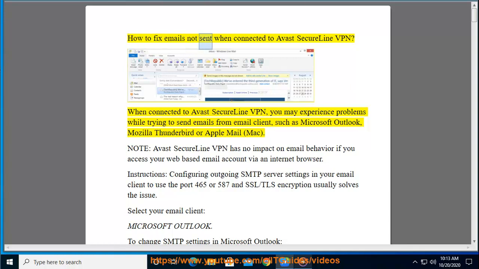How to fix emails not sent when connected to Avast SecureLine VPN. When connected to Avast SecureLine VPN, you may experience problems while trying to send emails from an email client, such as Microsoft Outlook, Apple Mail, Mac. Note, Avast SecureLine VPN has no impact on email behavior if you access your web-based email account via an internet